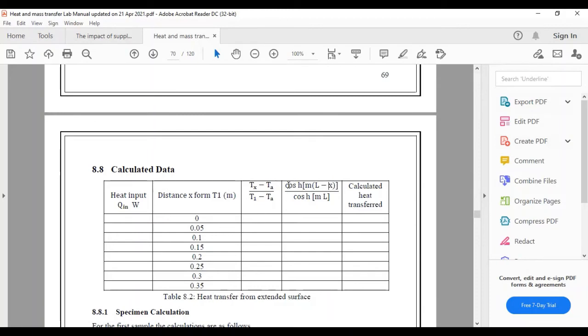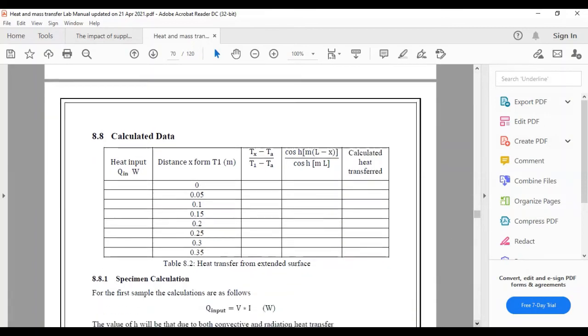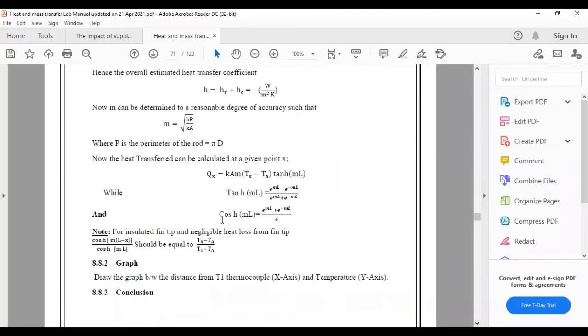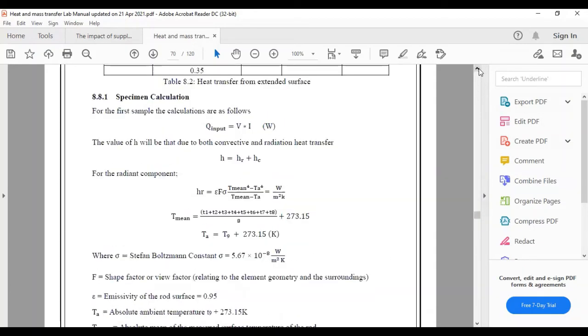You will just calculate this formula by using the cosh function from your calculator. And if you want another way to calculate this cosh ml, it is equal to exponential power ml plus exponential power minus ml, over 2. So this ml is already known. You will just use the values. You will calculate this cosh ml, and then you will use this value here